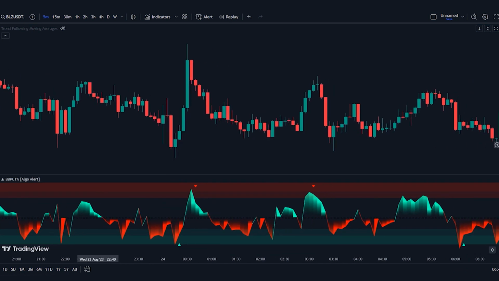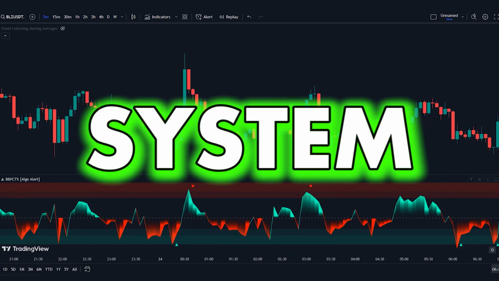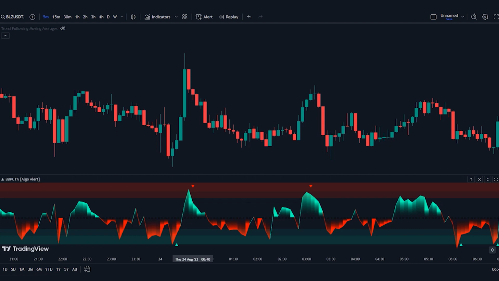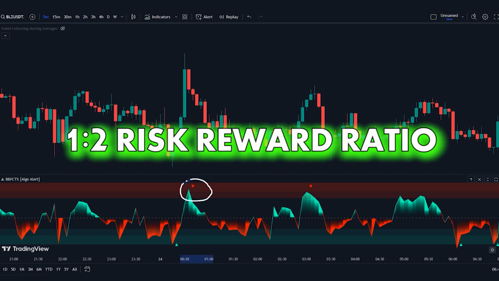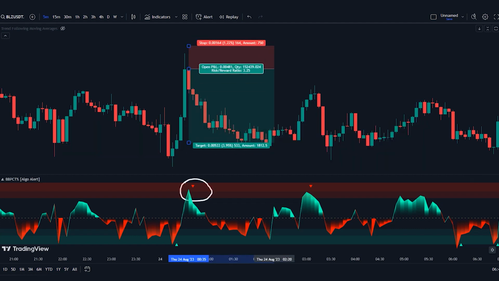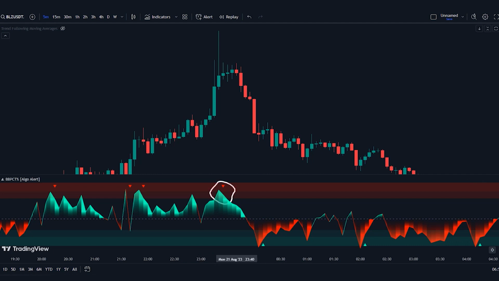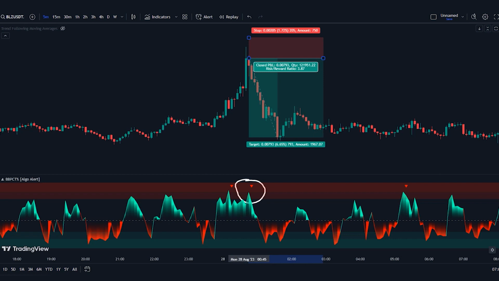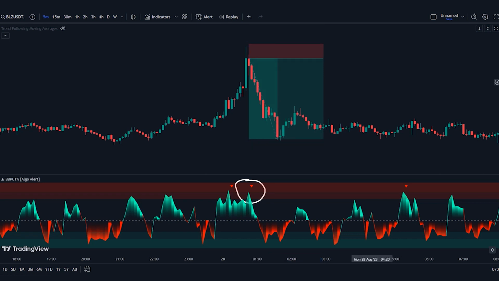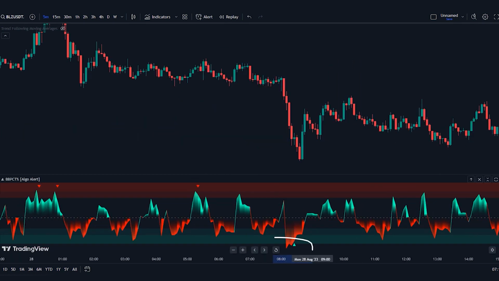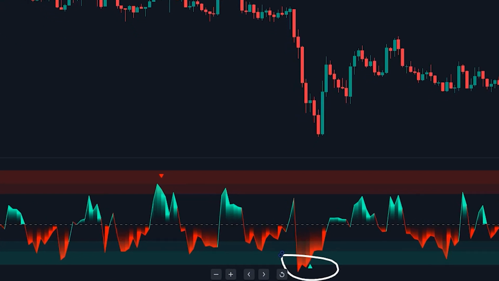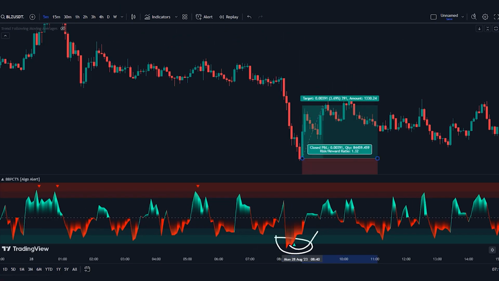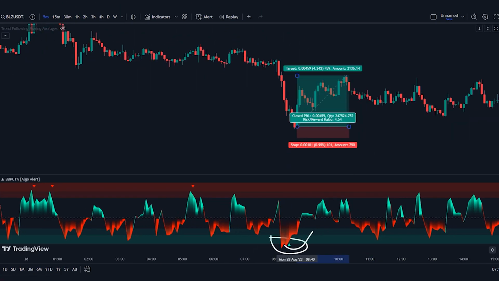This indicator requires an effective money management system. We advise employing a risk-to-reward ratio of 1 to 2. For example, in this sell trade, if we were to place a trade following a signal on this candle, our stop loss would be on the nearest recent high. The take profit will be 2 times our stop loss. Same way for this buy example. If we execute the trade on this candle, our stop loss will be placed on the most recent swing low,